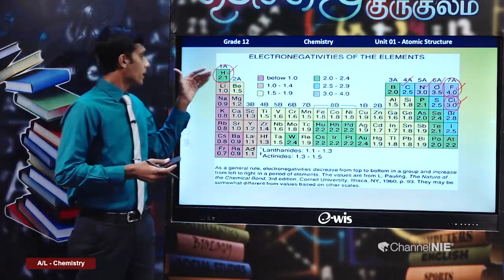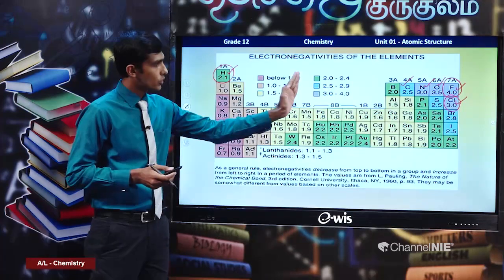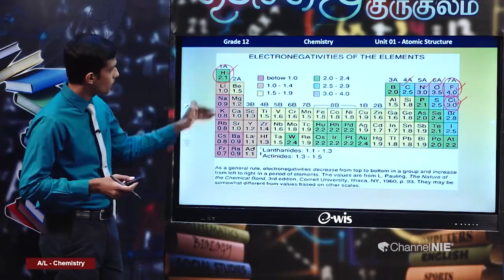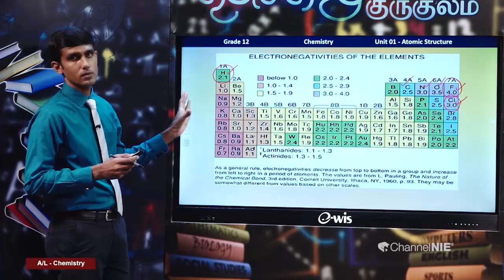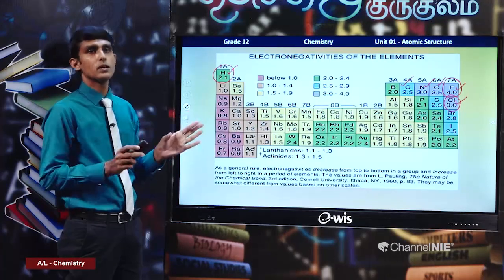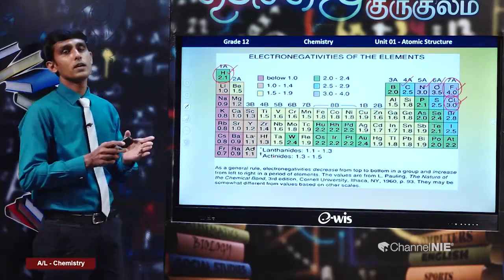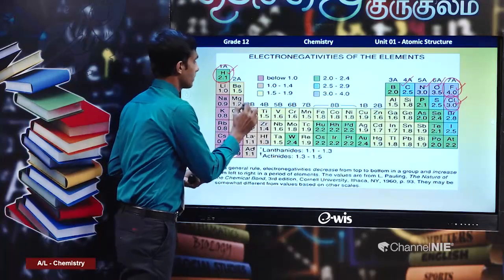So the variation is a steady increase across a period, and on moving down the group there is a decrease in electronegativity, but there are some exceptions. There are some exceptions in groups, but we do not study those exceptions in the syllabus. Now, when it comes to the d block elements, scandium to